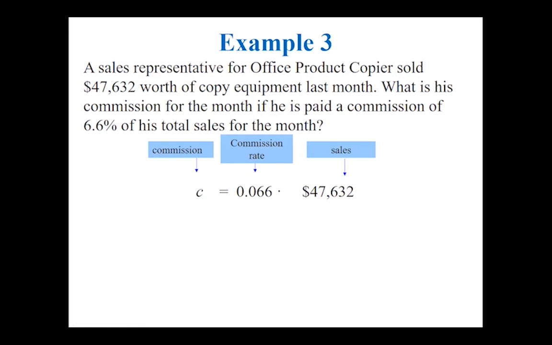Or we could just plug straight into commission equals commission rate times sales. Either way, we're going to come up with the equation C, or whatever variable you're using, equals 0.066, 6.6% as a decimal, times 47,632. The calculator tells us that is